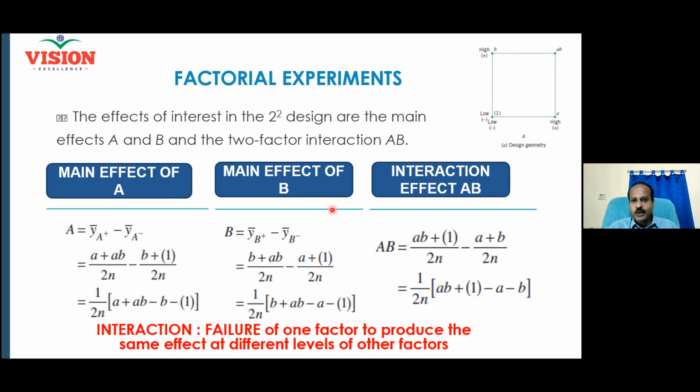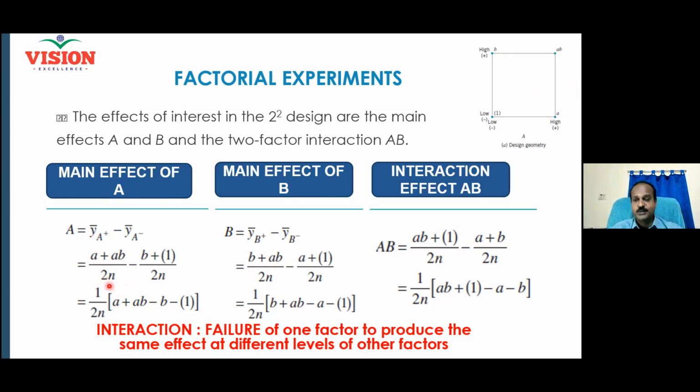What is Y bar? What is the result you are getting here in this corner? It is A, right? A means the value of Y. So this A and this AB I will add and divide by 2. When I add A and AB and divide by 2, that means I am taking the average of my Y value, isn't it? Right. Suppose replication comes into the picture. What is replication? I conduct the experiment for every combination 2 times. Am I right? If I conduct every combination 2 times, how many readings will I have here? 4 readings. So my formula includes the number of replications also.